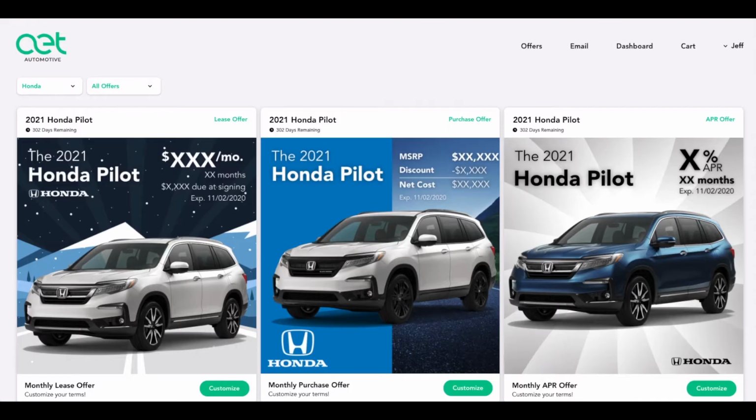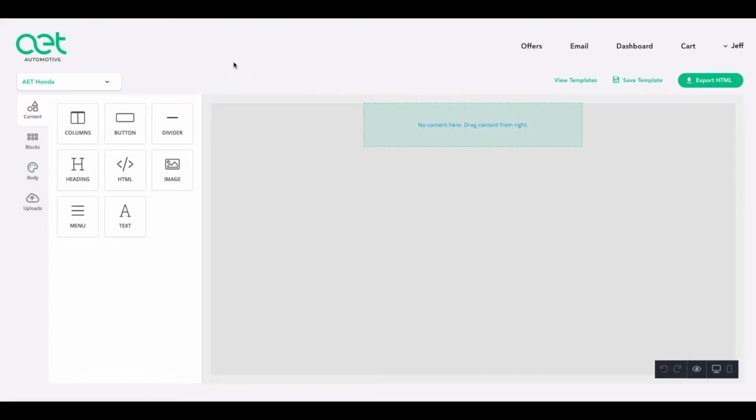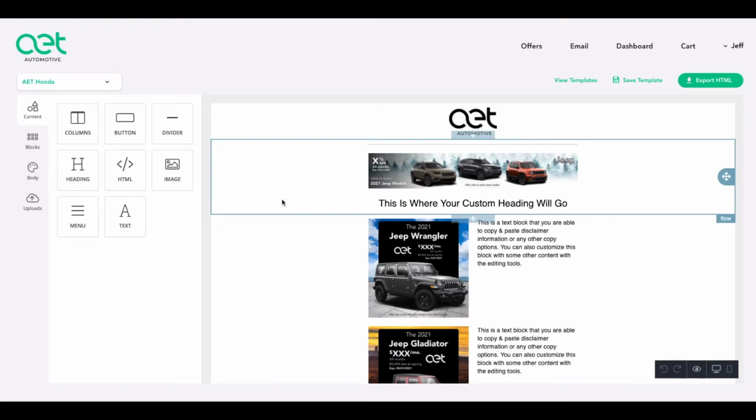Today I'm showing our new email builder inside of Ad Studio. Guys, this tool is so simple to use. It's built to be pretty much whatever you want it to be. It's customizable, you can utilize templates, but it's literally just drag and drop features that you can start building an entire template. Or like I said, use one of ours that we've pre-created, in this case for a retail offer,